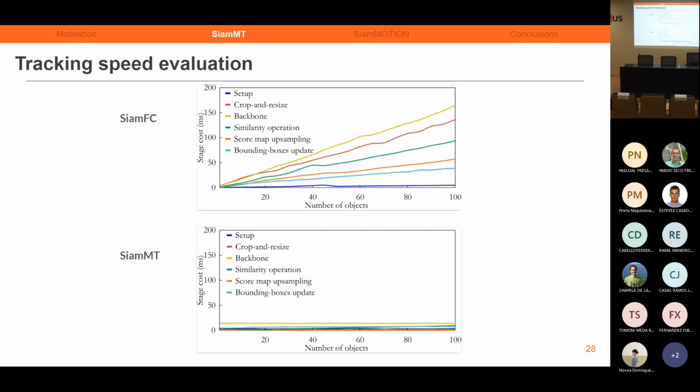And in SiamMT, we have an almost flat figure. However, as you can see, for example, the blue line with the bounding box update and the similarity operation slightly increases with the number of objects. So we're still bounded by some number, but the number of objects could be increased much more than in this case.